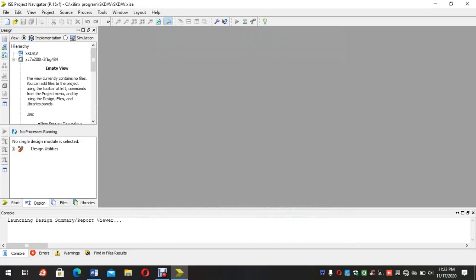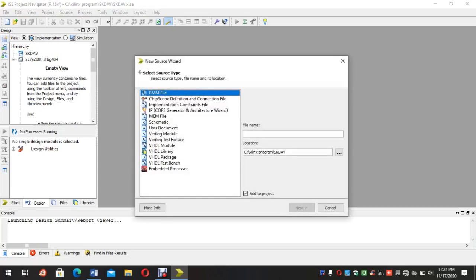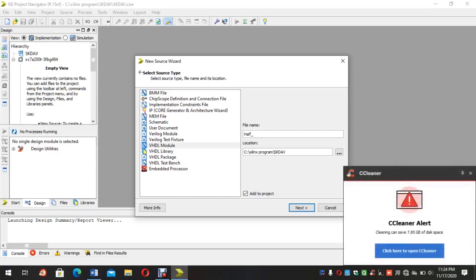Okay, so now we are doing the experiment for HAPADDR. Go to the point where New Source is showing, click on that and then select VHDL module. Then give the file name as per your program, that is HAPADDR.